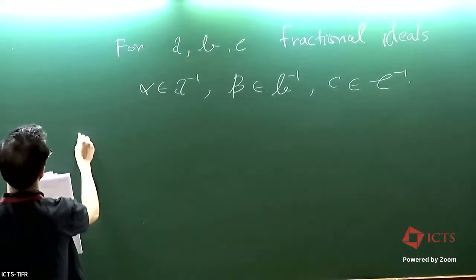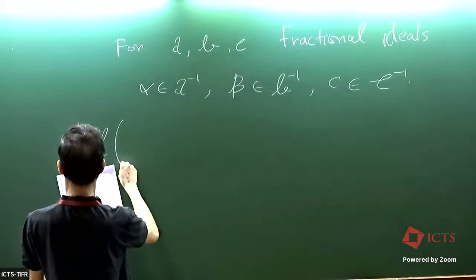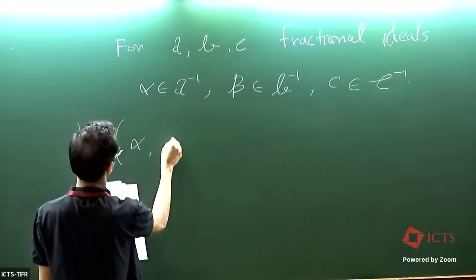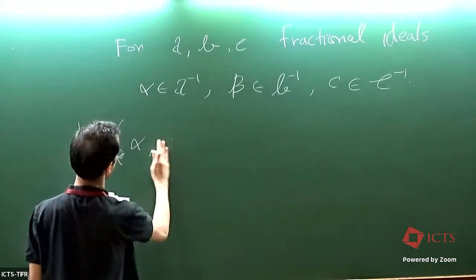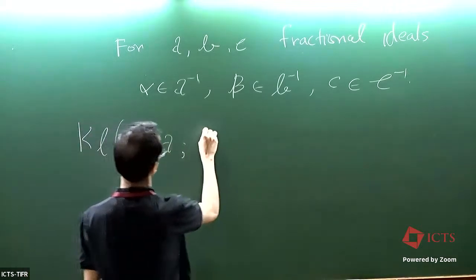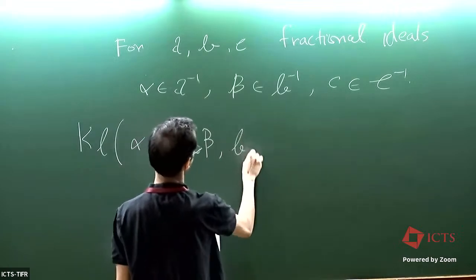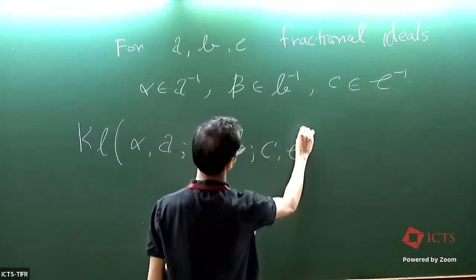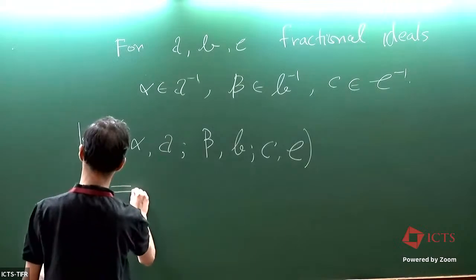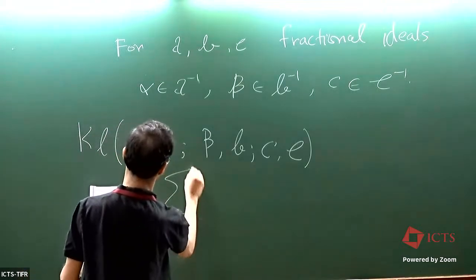You can write a Kloosterman sum, which is associated with alpha A, beta B, and C, which is going to be a sum over